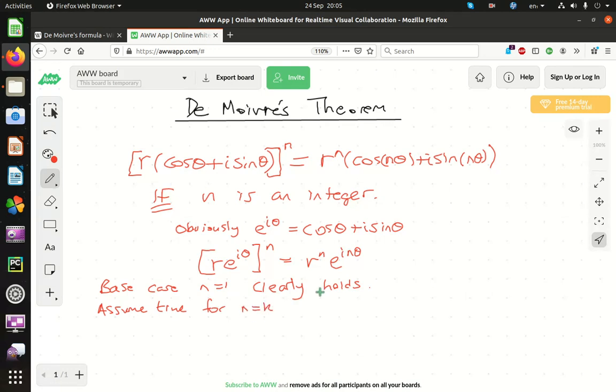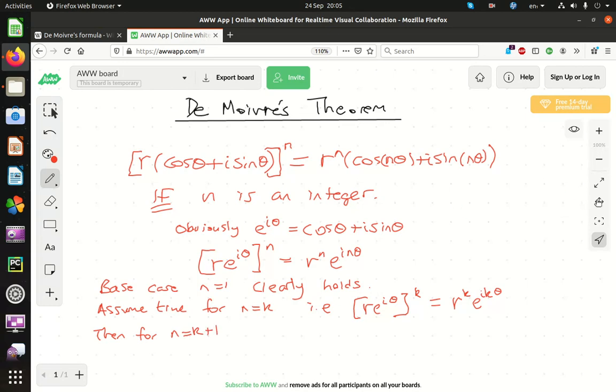Then what are we going to have? We're going to have (r e to the i theta) to the power of k. It's dead easy, this proof by induction. It's not hard. You don't even have to worry about memorizing it or anything like that. Just remember, it is actually quite straightforward. Okay, then for n equals k plus 1,